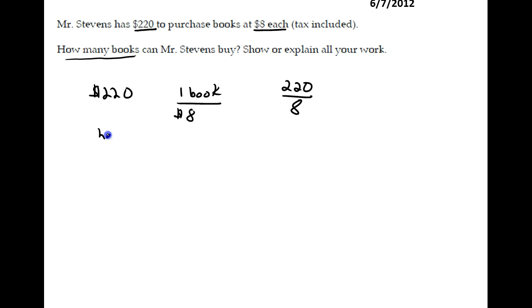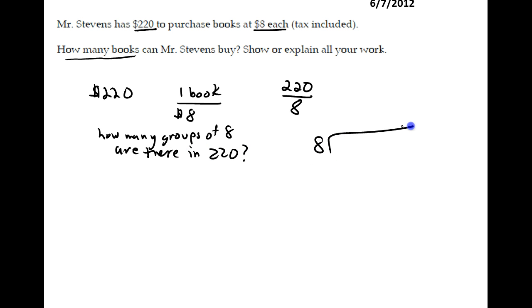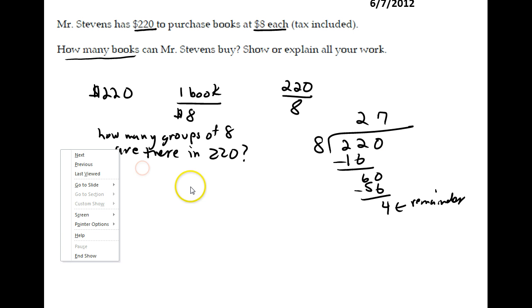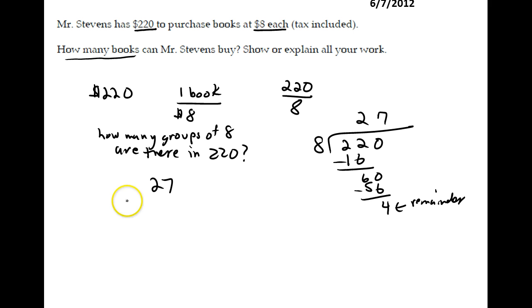We're trying to figure out basically how many groups of 8 are there in 220. So we divide, and we see that 8 goes into 22 twice. Subtract. 8 goes into 6 7 times. We subtract, and this here is the remainder. Okay, so there are 27 groups of 8. He can buy 27 books